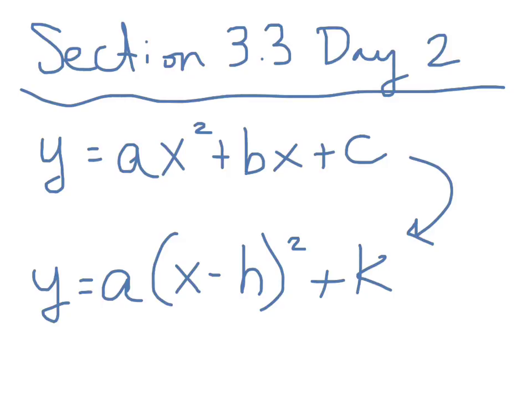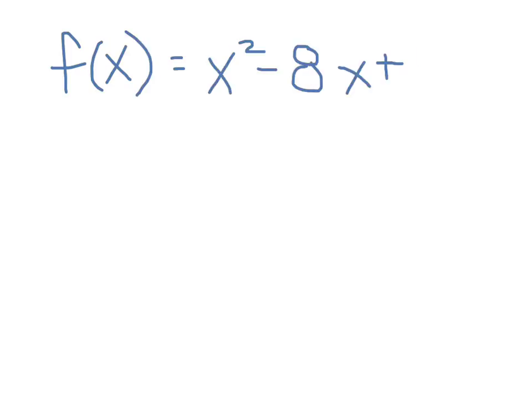All right. So here's what it's going to give you as a problem. It's going to say f of x equals x squared minus 8x plus 19. So it has this equation in standard form, and it wants you to put it into vertex form. So here's how you go about doing that. The first thing that I'm going to do is